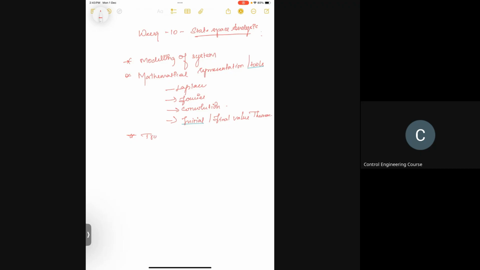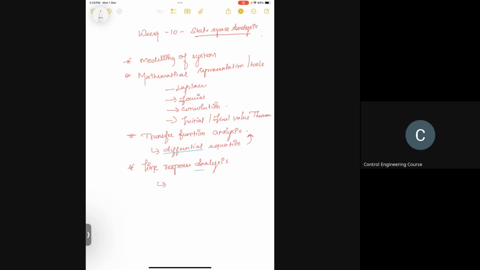So slowly we started transfer function analysis, where we saw how to represent a system using differential equation, and from differential equation how can we write it back to transfer function representation, and using transfer function representation we did time response analysis,